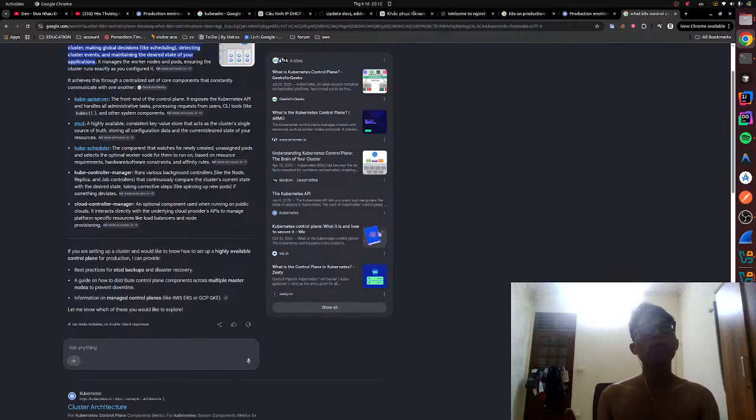If the pod we define needs at least 3 vCPU and 3 GB RAM, the scheduler will